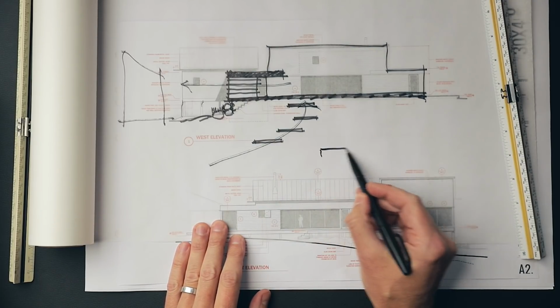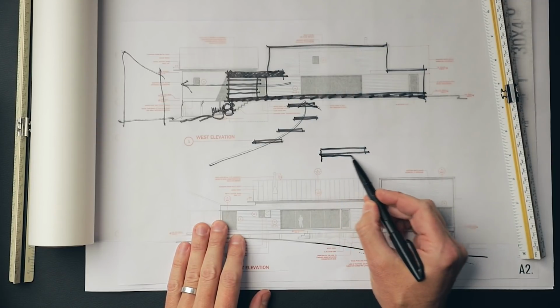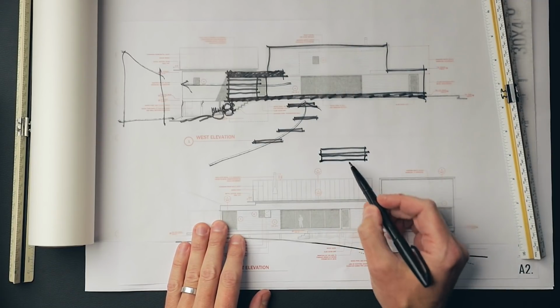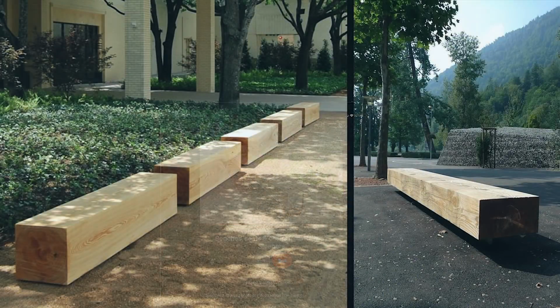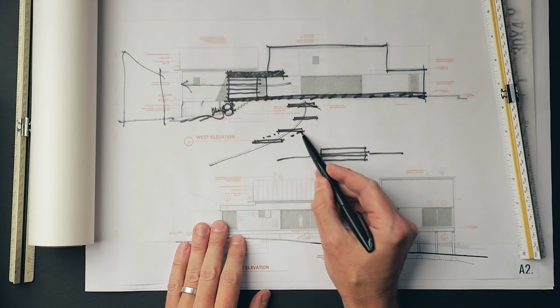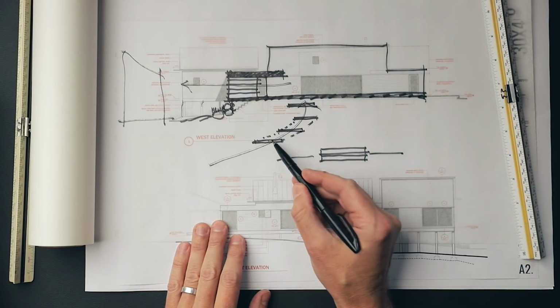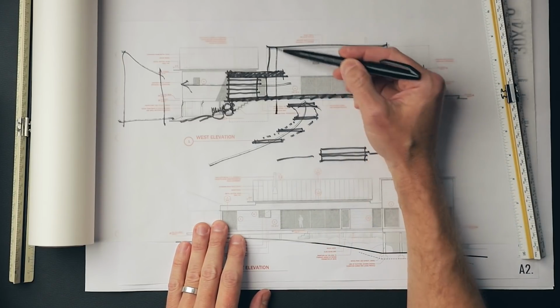They're set flush with grade, and they're meant to direct water away from the trail. But I could see setting two side by side like this, if this is the plan, and you step up, and then the trail between here and there is a gentle slope. So let's say it's a 6-inch slope. There's a 6-inch step and a 6-inch slope. Then you sort of come around here and you're discovering